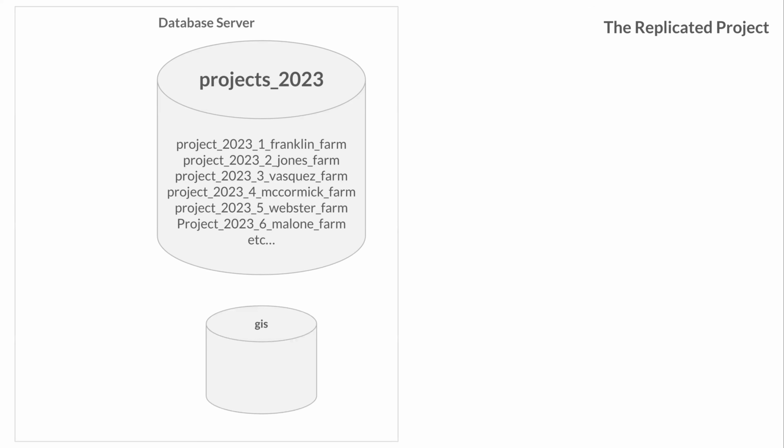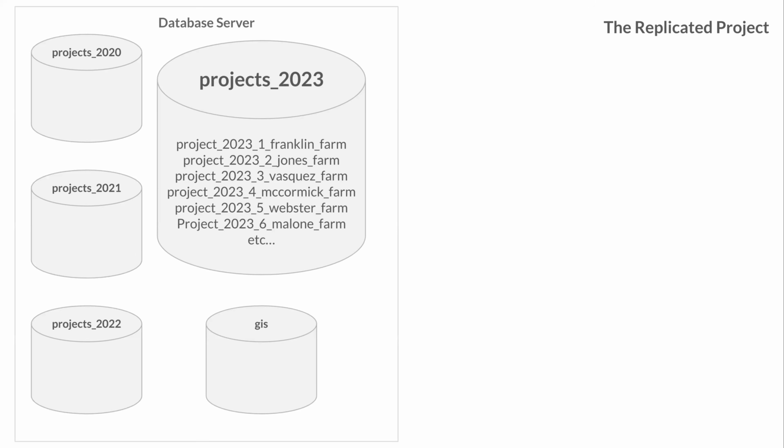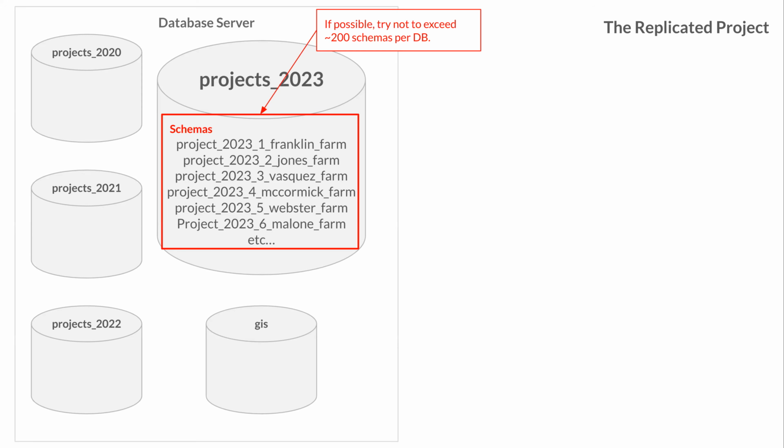And we have a GIS database that contains all of that base map data. And then we have a whole bunch of other databases for previous years that are named consistently: projects 2020, 21, 22, and now we're in 23. So the schemas here are going to contain,